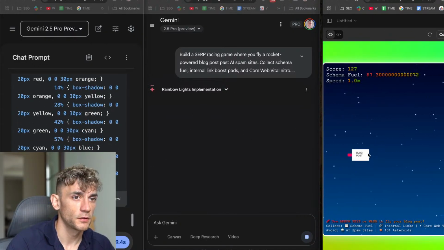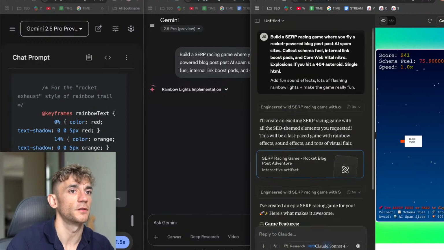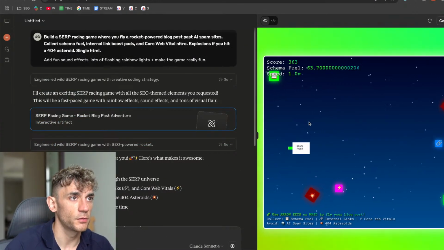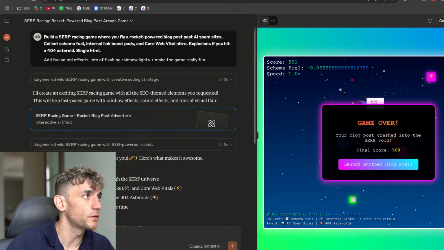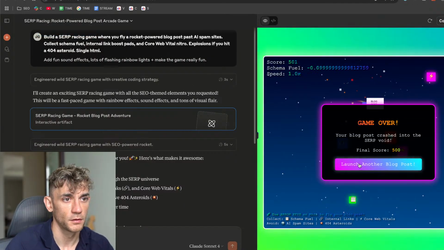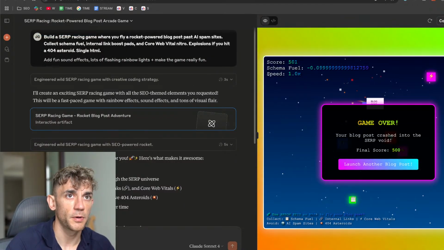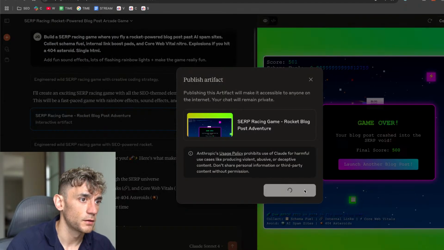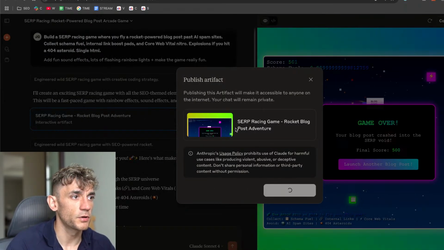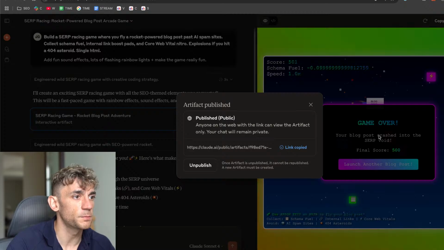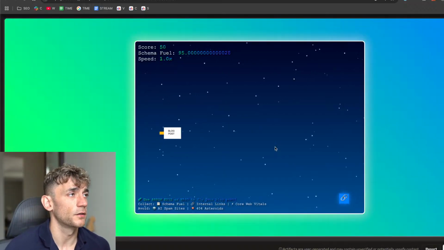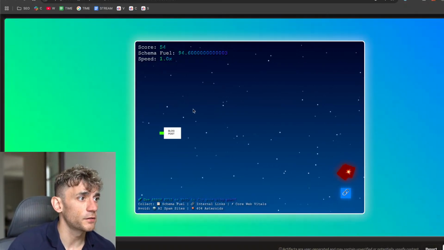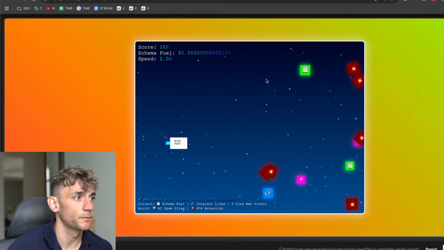Here we go. Claude 4 Sonnet seems to be the fastest, honestly, from what I can see. So let's see what we got here. That's working beautifully. Let's just unmute this as well, because it does have sound effects. Do you know what? I'm going to publish that one, and then we'll give it a cheeky go. The fact that you can just build this out in a minute is just absolutely wild for the quality. How long would it take a coder to build this stuff out, right? So let's go on this and see what we got here.